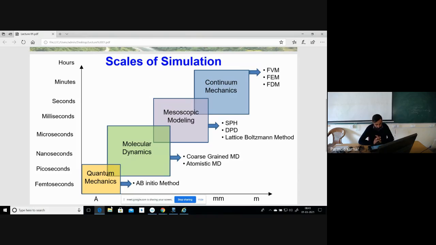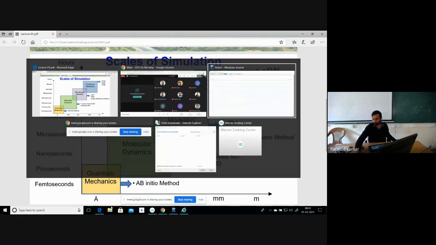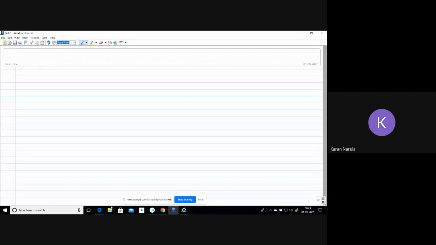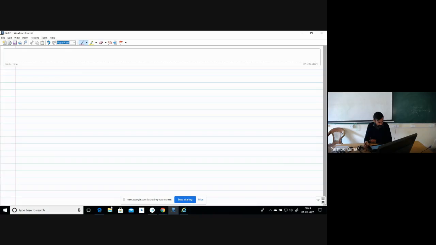Okay, so is this point clear about the different scales of simulations? Okay, so now I have not got any response, but I am considering it. Okay, all have understood. Okay, so now let us go a little bit more,